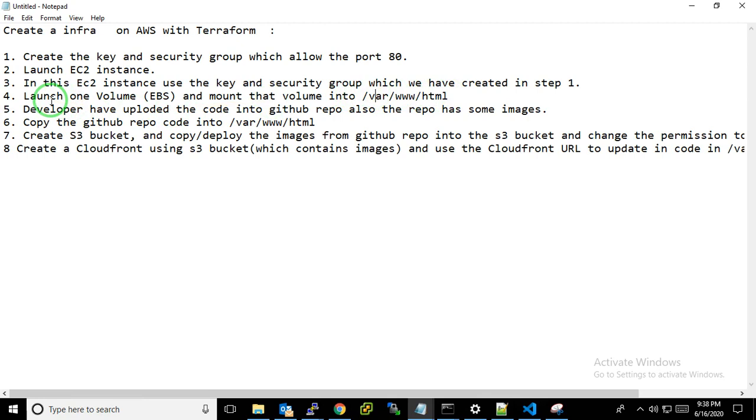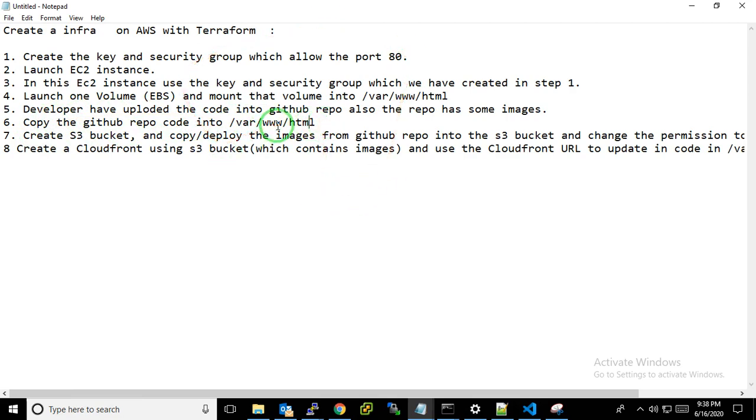Then we go for the developer. Let's see, our developer has pushed the code on GitHub. So I will run a command to download my Git repository on my Linux machine and copy all the git repo code into /var/www/html.